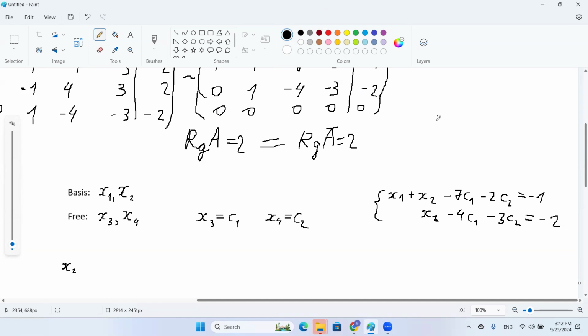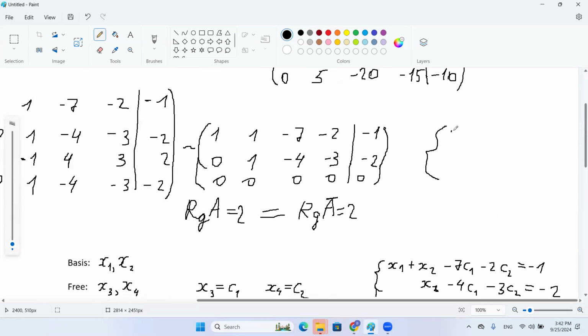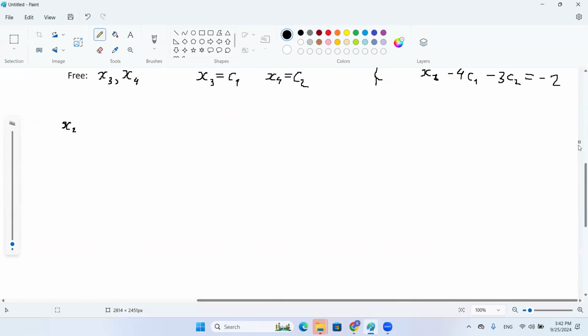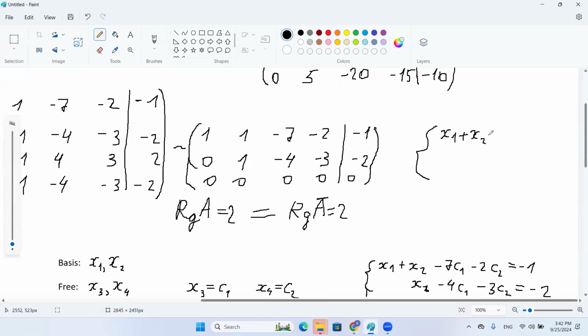Let's write the system. So x1 plus x2 minus 7x3 minus 2x4